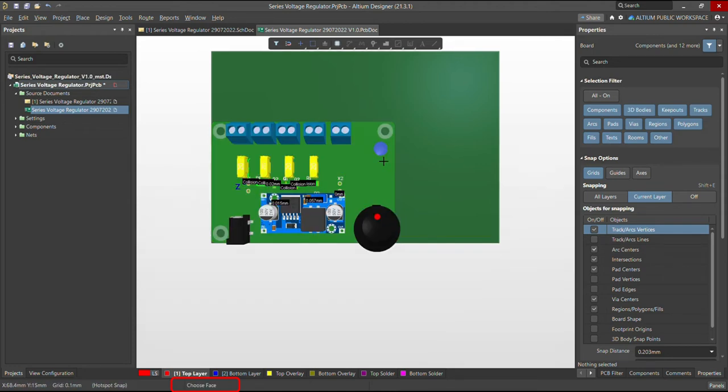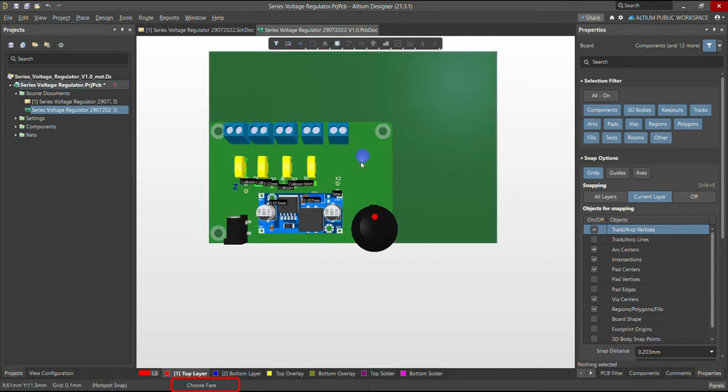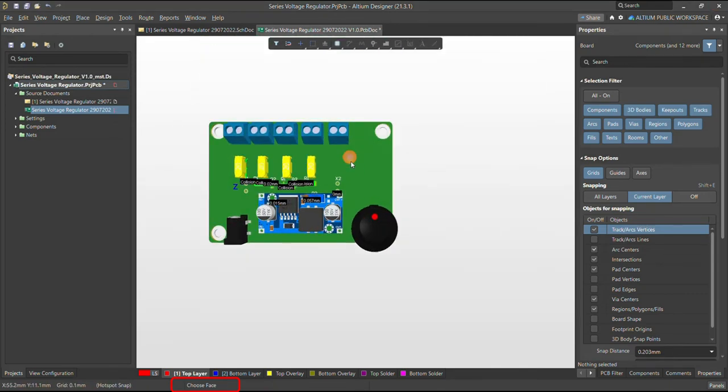So once you click, it will ask you first which PCB. So we have chosen this model, and now it's asking you for the face. Which face, either top or bottom face. So we have to choose the top face. So again I will select this one. Once you click on the same PCB model, then it will automatically